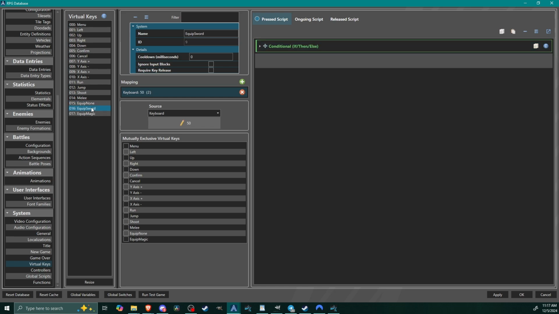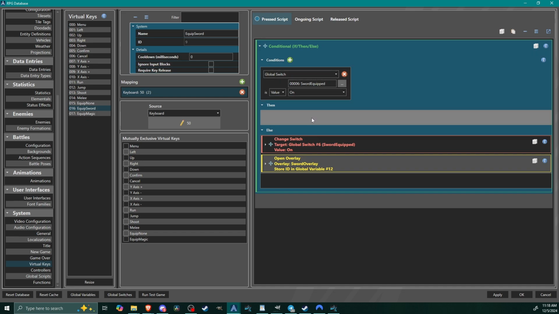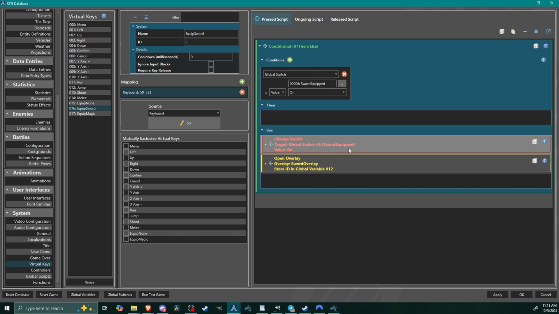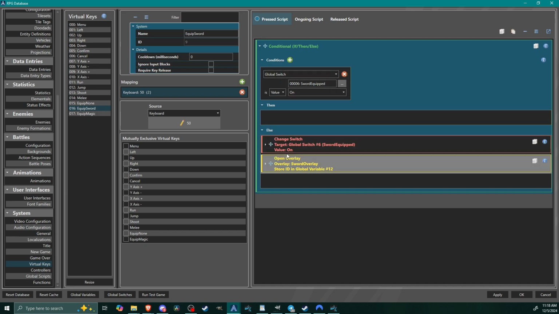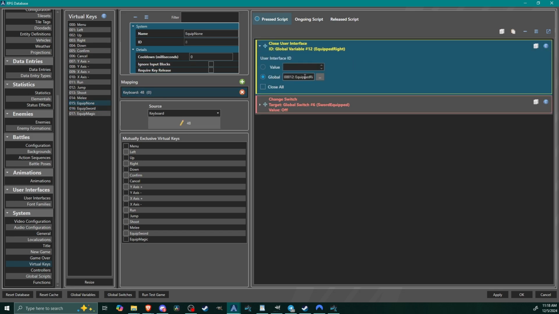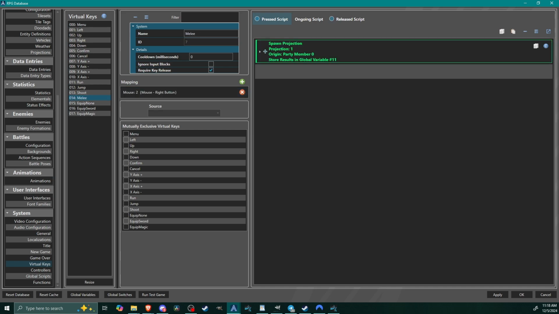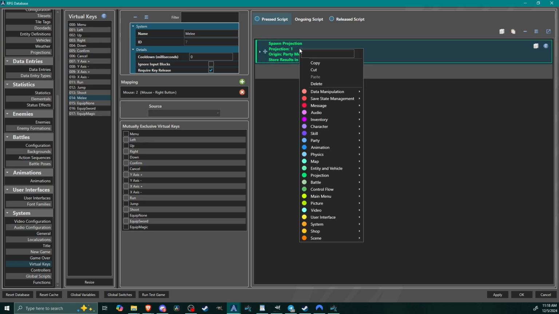So once again, we hit 1, it checks to see if sword equipped is on. If it is, then it does nothing. If it is off, then we equip our sword with a global switch and we open the overlay. If we hit 0, then we close the sword overlay and we turn sword equipped off. Okay, so now that we have overlay stuff, let's go back to our melee virtual key. And we're going to be using that sword equipped